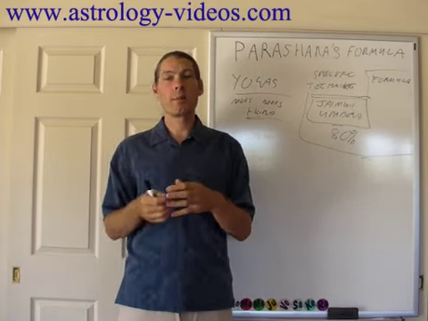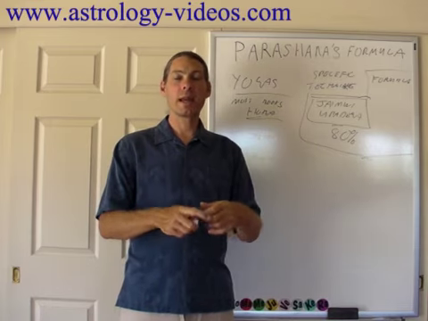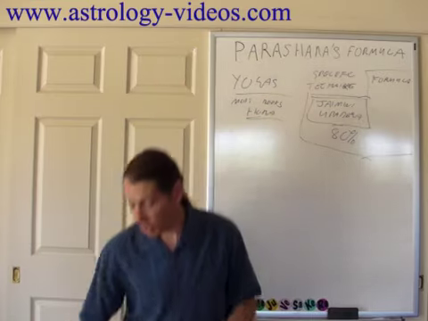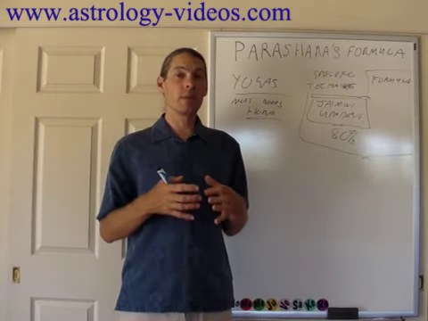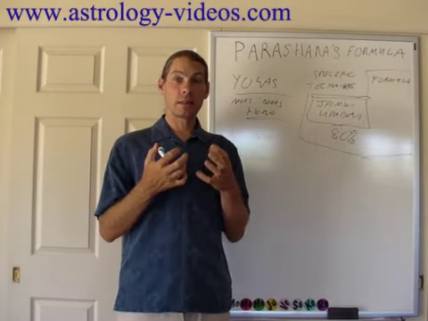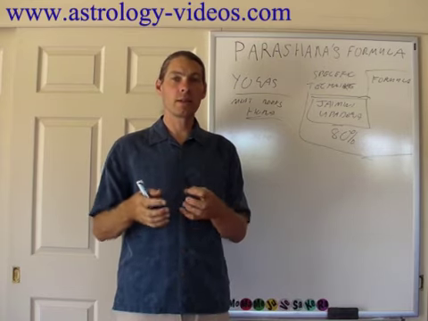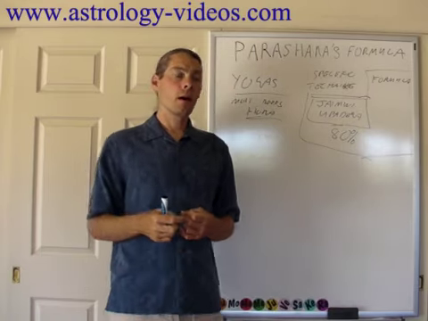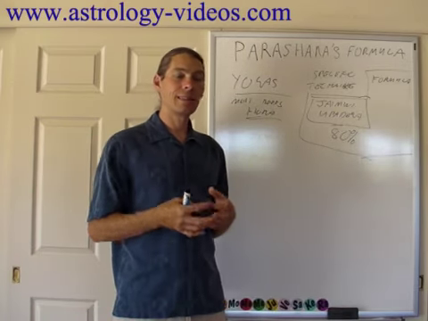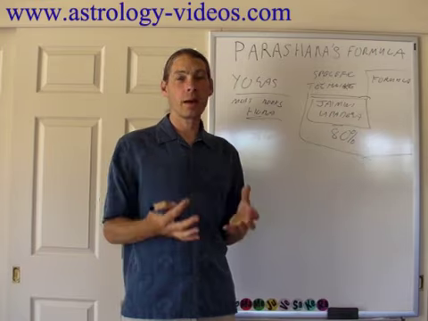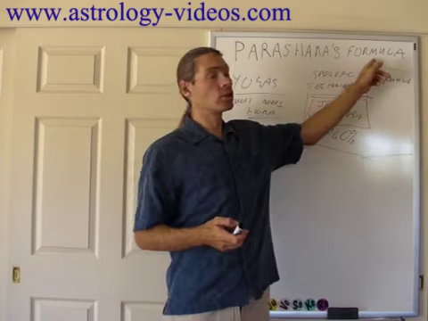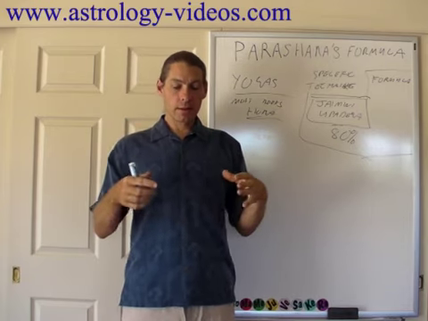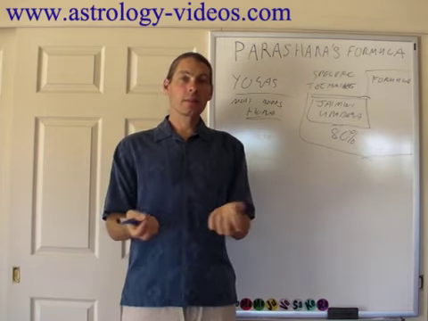Then other systems came out. Systems approach came out. Again, it's an attempt to use a formula to read a chart. I don't find system approach to be a great system, but it is a system at least. It's at least trying to systemize astrology. Then Iyer came out with his Iyer system, which is quite popular these days. It's a decent system, but it's pale in comparison to Parashara's system. So there are these different systems being developed.